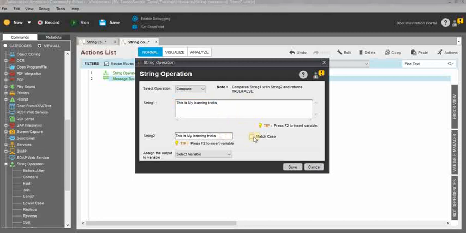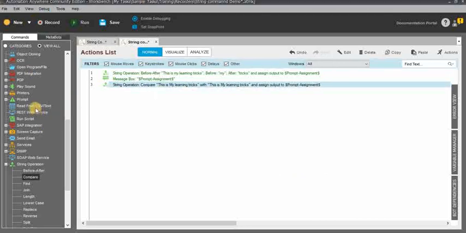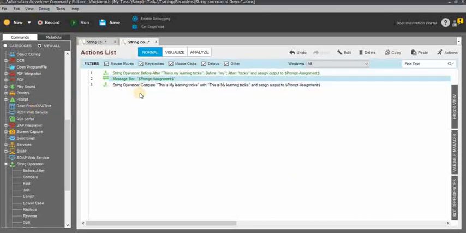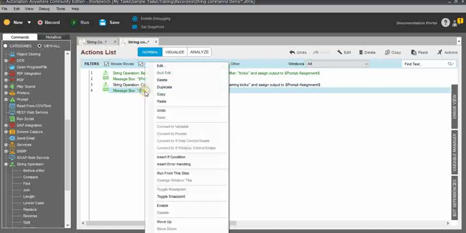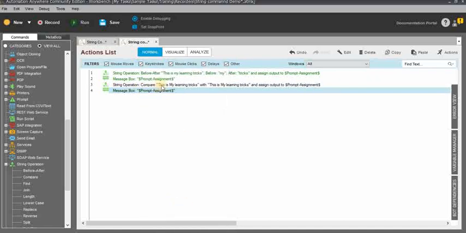That's up to you. And here we have match case, which means case sensitive. Here we have just copy-pasted, so we can confirm there is no case difference. Everything is matching exactly, lowercase, uppercase, and everything. So now we can see the results. I'm sure that I'll get the true value. So using the message box, I'll display it. I have assigned the value to the prompt assignment variable. So I'll save the task and execute.